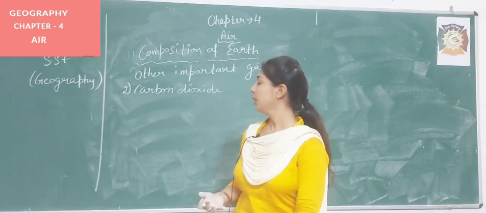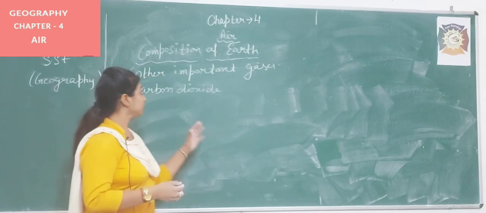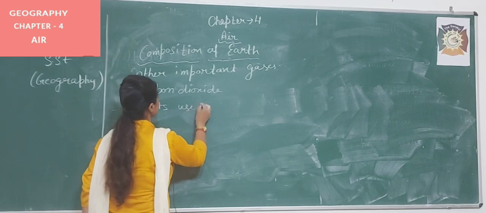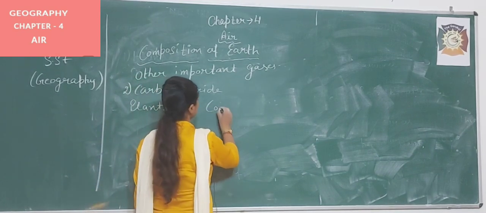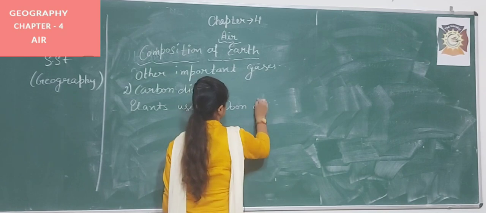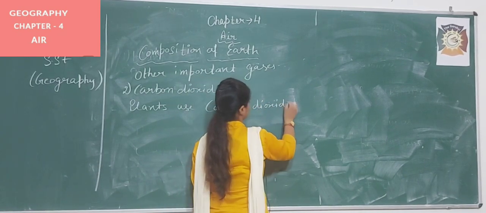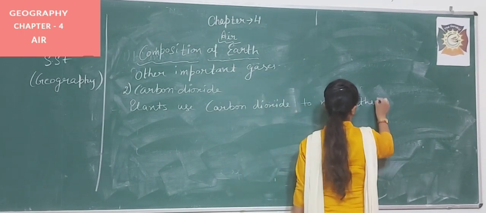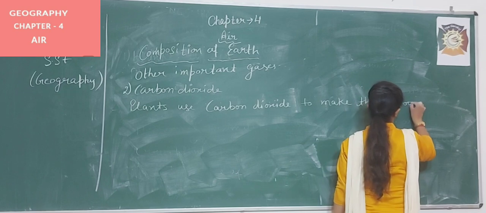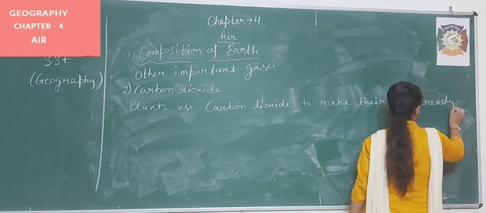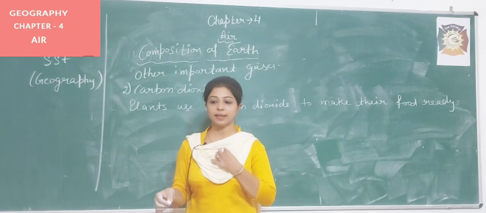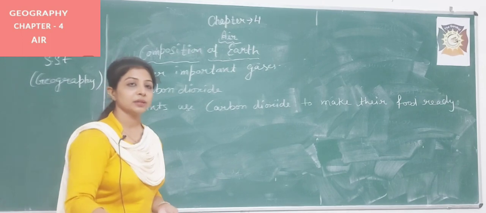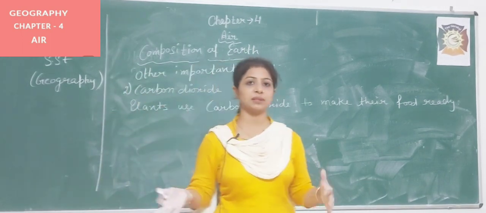Plants use carbon dioxide to make their food ready. Okay, if they do not get carbon dioxide, then it will be very difficult for them to make the food. Okay, so we have discussed the oxygen, we have discussed the